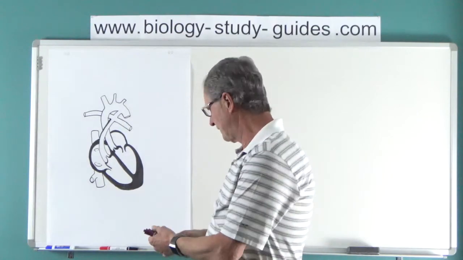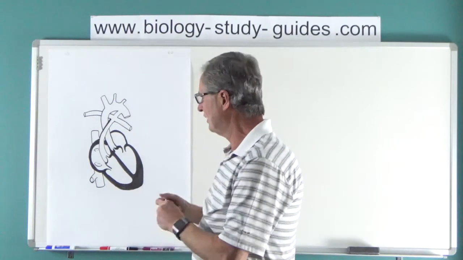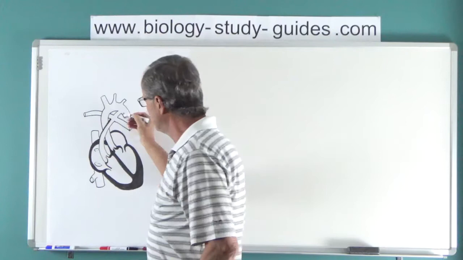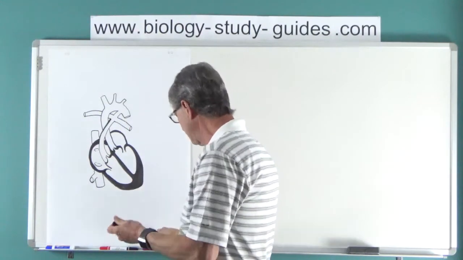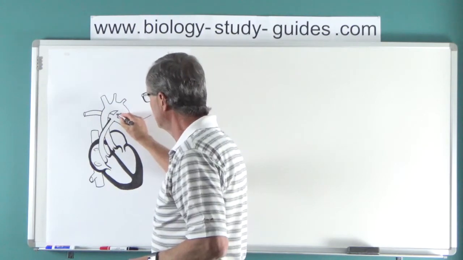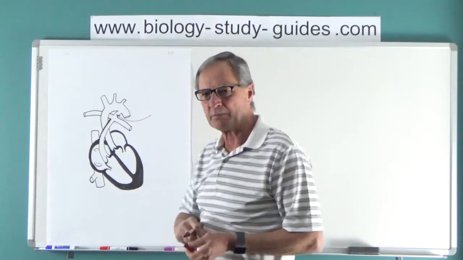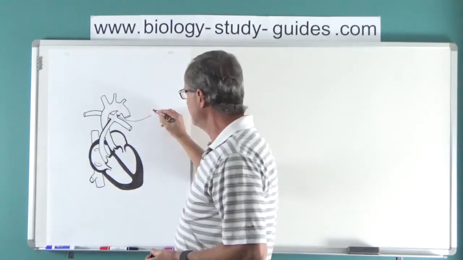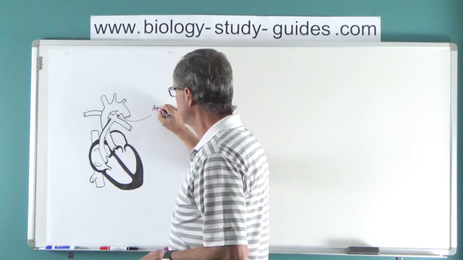But now in this picture, we have a fetal heart where you see this piece of blood vessel right here that isn't present in an adult heart. This blood vessel is called the ductus